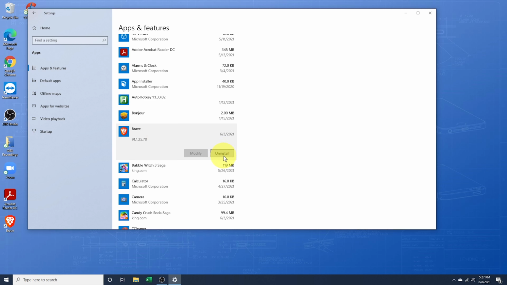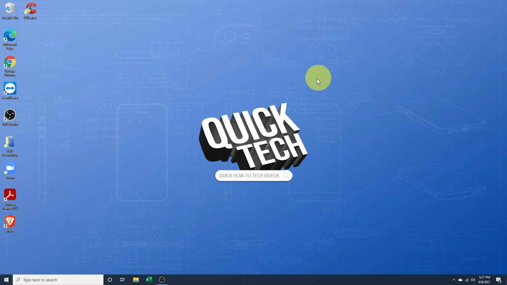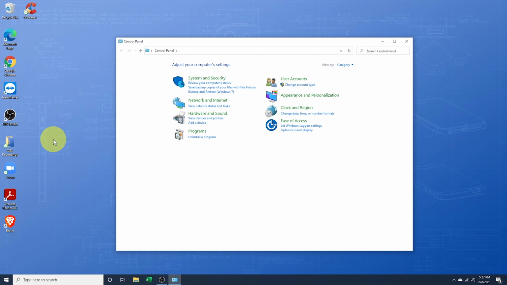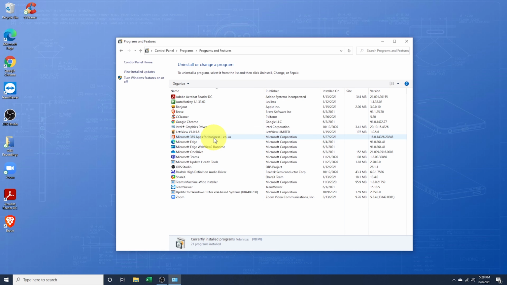If you want to remove an app the old way that we were used to, or if a program is not appearing in the Start or Settings menu, close this window and in the search bar at the bottom, type Control Panel. Inside of Control Panel, change the View By to Category, which isn't necessary, just easier I think to navigate, and choose Uninstall a Program. This is the old uninstall menu that we've had for years. You can then again find the software that you want to uninstall, double-click or right-click on it, and then choose